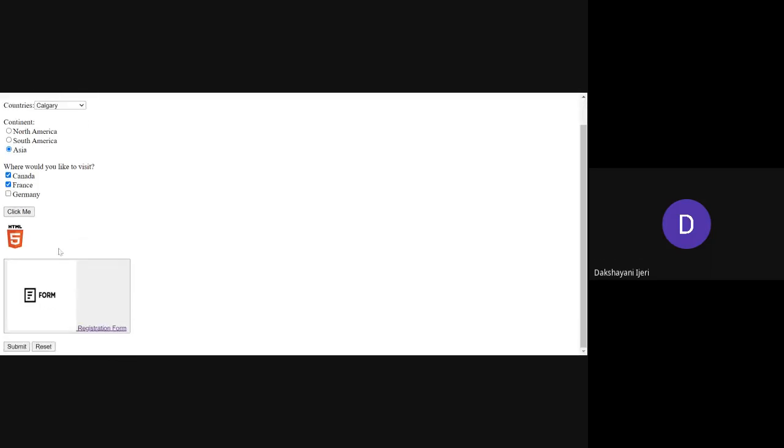Right, so the last one, this one is where you have created the customized button, in which you have the image as well as the link. At least it is visible here, this part. This is an image or logo that I have put, and along with that a link has been created, which is a registration form, which I have linked to the other HTML file that I might have created.